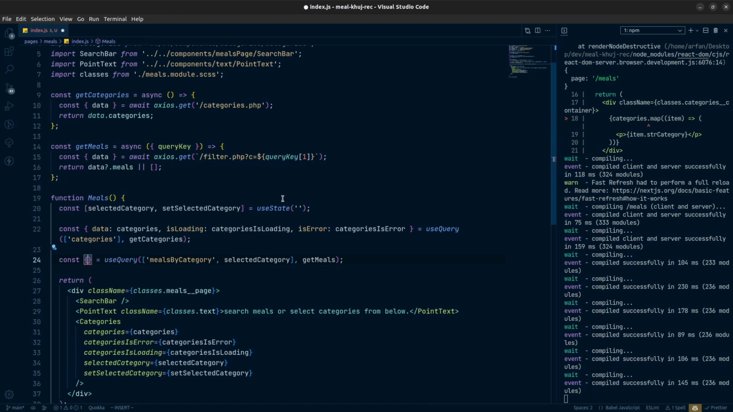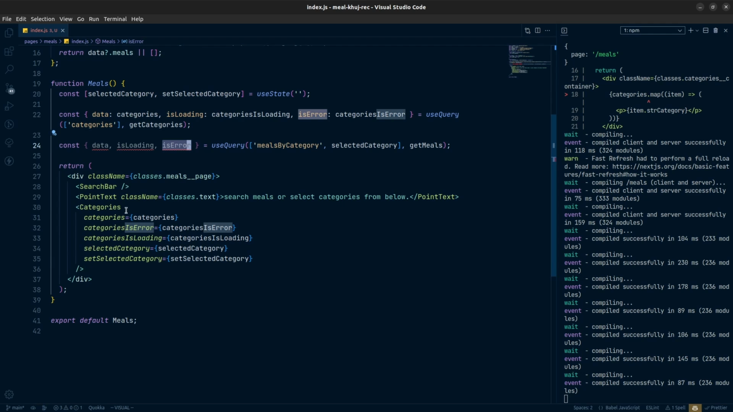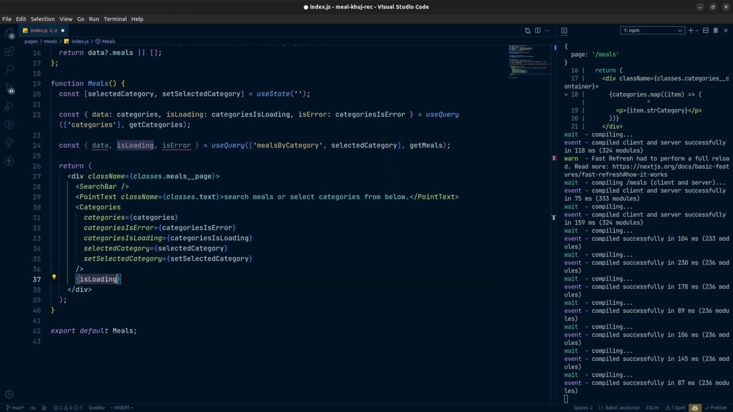And let's actually destructure all the things. We have data, we have is loading, we have is error. So these three things will be needed, and we can come here and check if it is loading. If it is error, then we can show something. So here the first thing that I will check is loading. So is loading, if it is true,